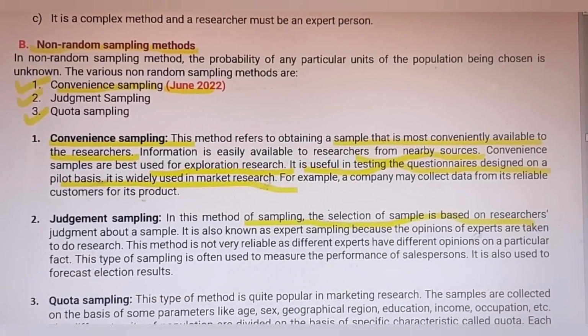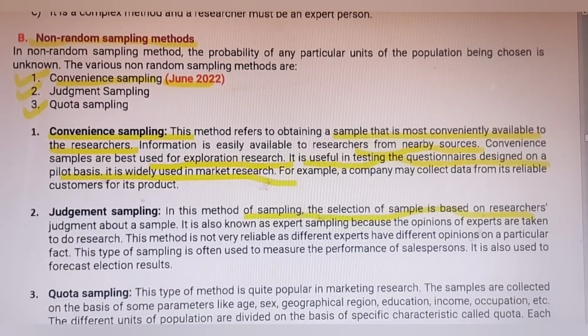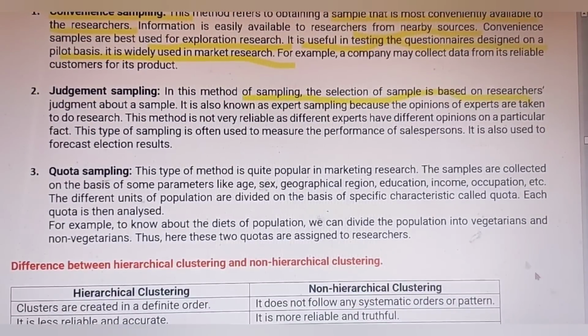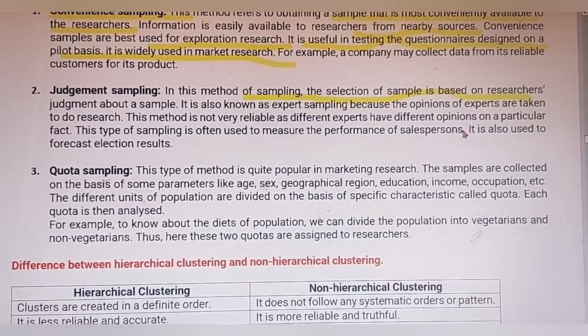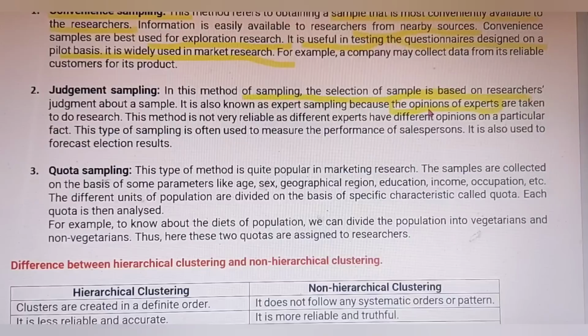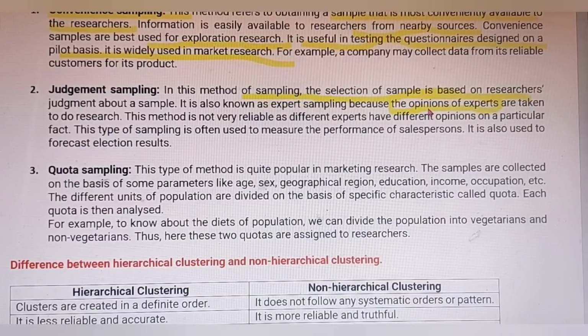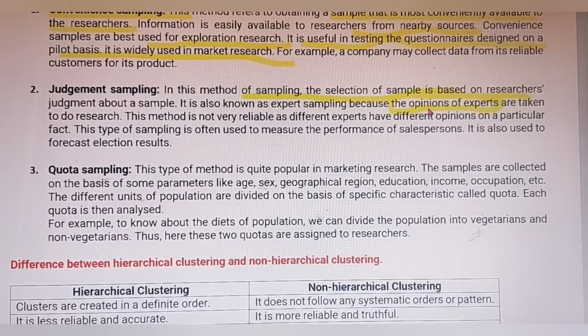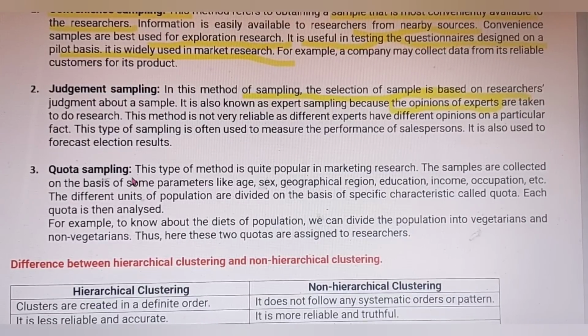That means the researcher must be a very trained, experienced, and well qualified person. And there may be different researchers, with the opinions of experts. Now this is the keyword that you have to use: the opinions of experts are taken, and from them the data is collected. In quota sampling,